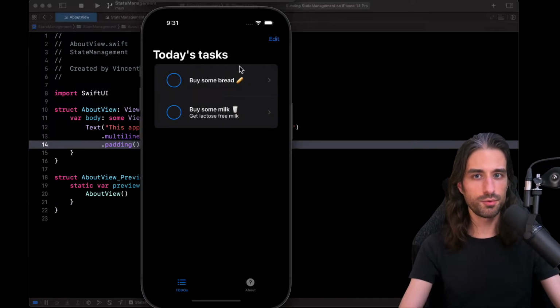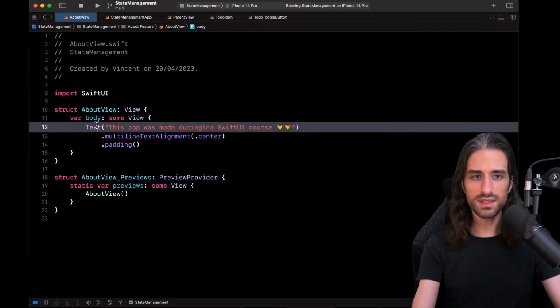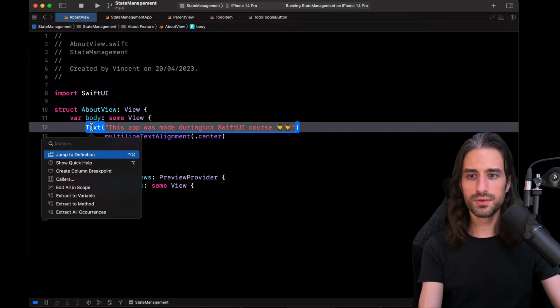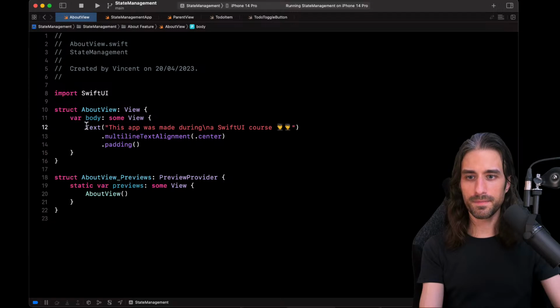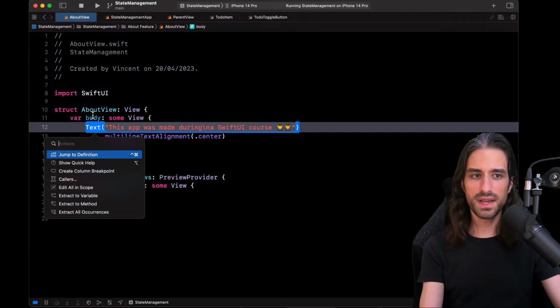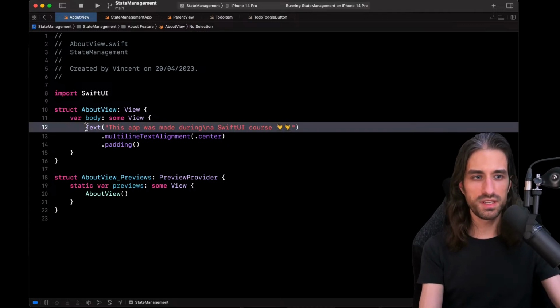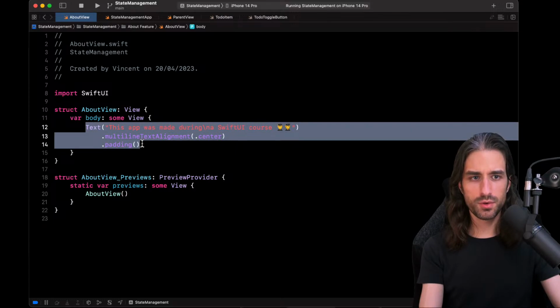So for the model view, I need a place to present this model view from. And what I'm going to do is add a button in the about view where I can show the detail view. So for that, in my about view, I will embed everything. You can see here when I do command click, I don't have the embed suggested. It can happen sometimes, like Xcode being Xcode.